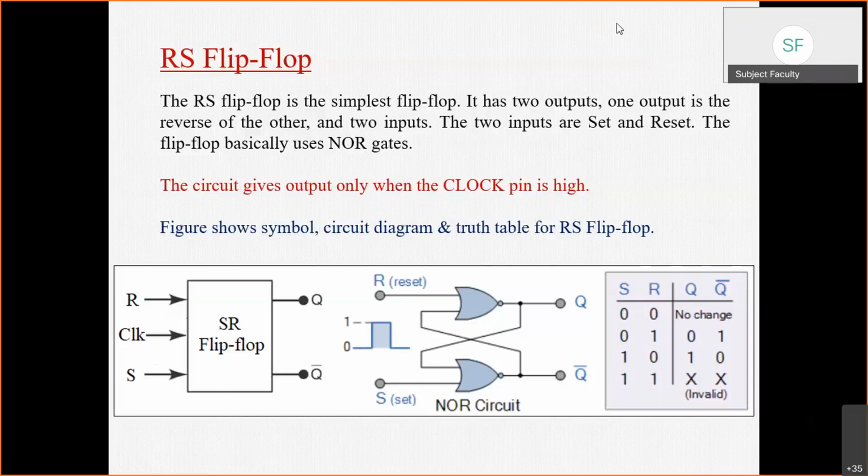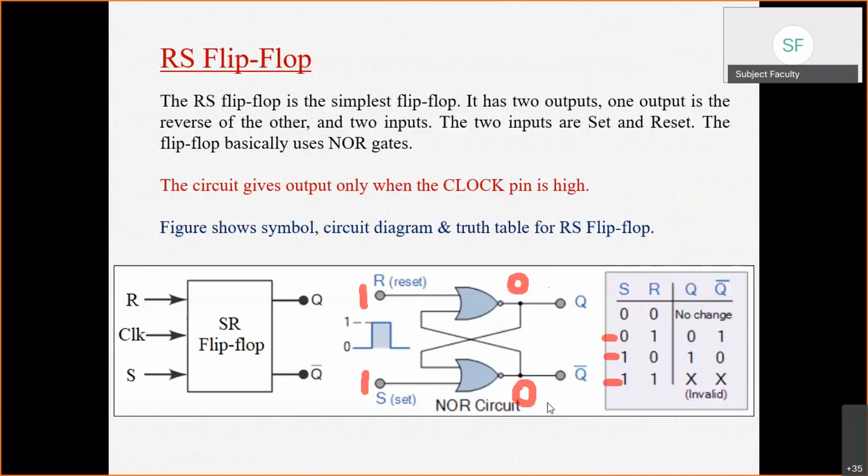Now the fourth condition is pretty straightforward. We have seen second and third. Whenever both inputs are 1, both NOR gates will have one of the inputs as 1. So its output we can directly write as 0 0. As soon as you see a 1 in the input, you are pretty much sure that the output of the NOR gate will be 0. So now the problem is Q is also 0 here and Q bar is also 0,